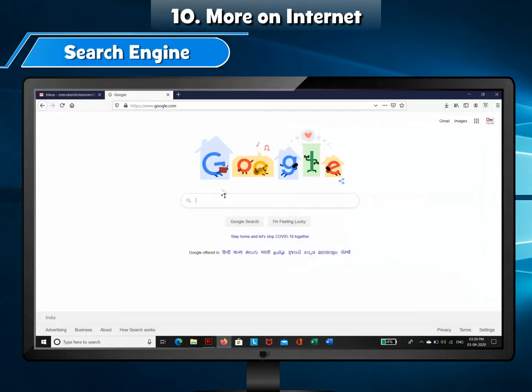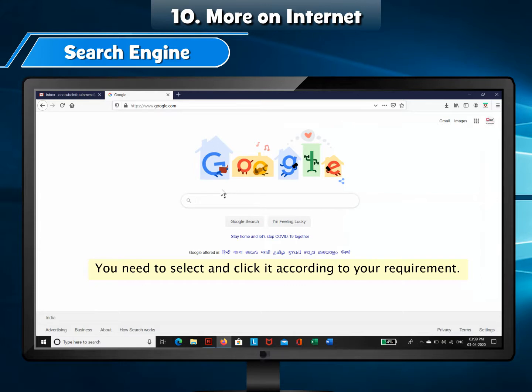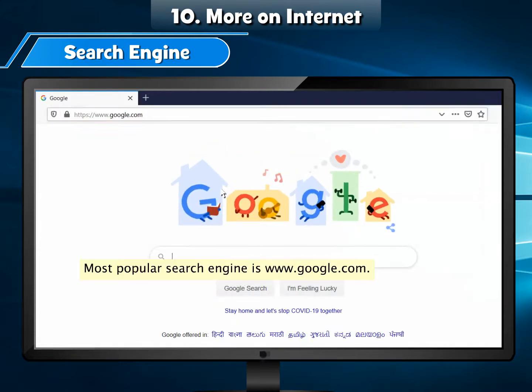Search engine. A search engine is a computer program to get the desired information on the World Wide Web, www. The search results are usually presented in a list. You need to select and click it according to your requirement. Most popular search engine is